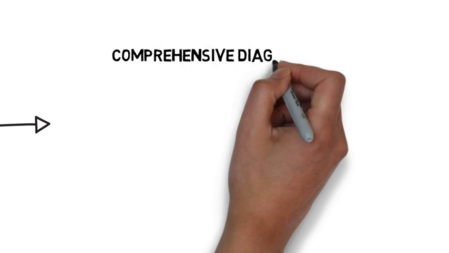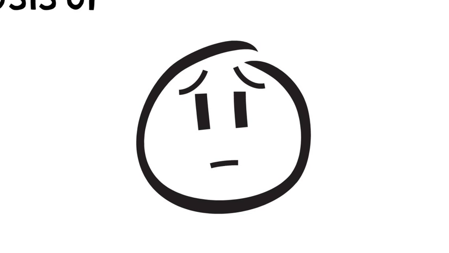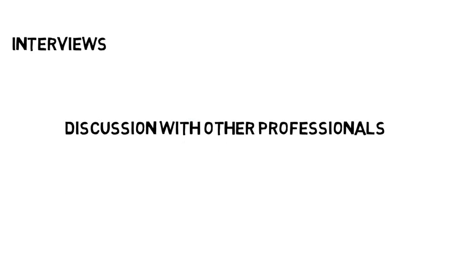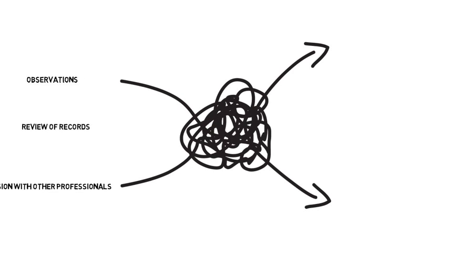These types of assessments are the best way to get a comprehensive diagnosis of a child's developmental, emotional, intellectual, and academic strengths and weaknesses. Assessments of this type involve many pieces. An assessment should include specific tests, interviews, a review of student records, discussions with other professionals, and observations of the student. The data collected from all of these pieces should give some good answers to questions about a child's functioning,